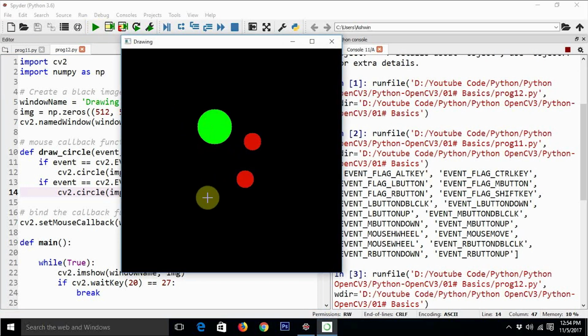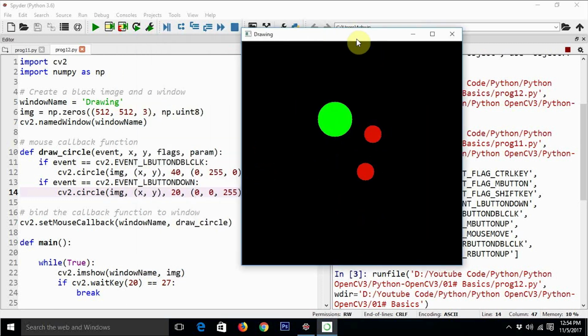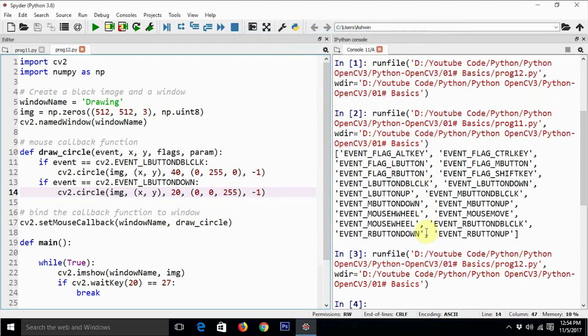It's fine. Sorry, I have used L button down, not the R button down. There is L button down and M button down. Should I use the M button down? Let's see what happens.